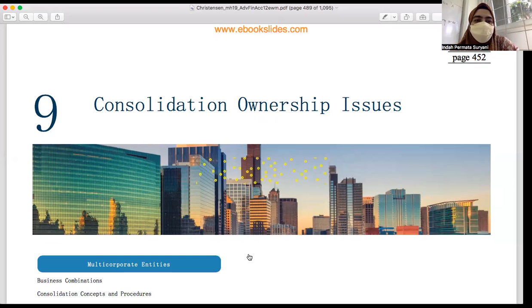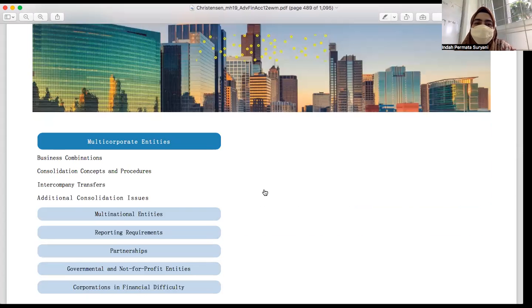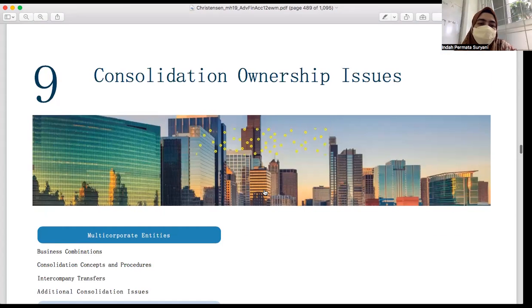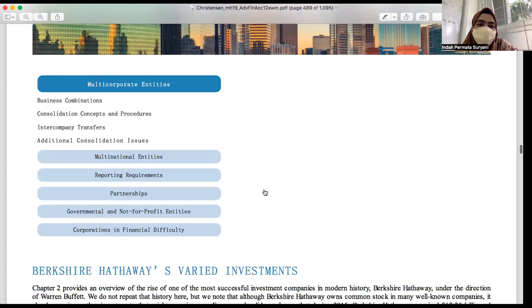Okay. In today's meeting we're going to discuss the first topic in consolidated accounting, which is consolidation ownership issues. I'm using the latest edition of the book, the 12th edition. This topic will cover certain information about consolidation concepts and procedures, and also